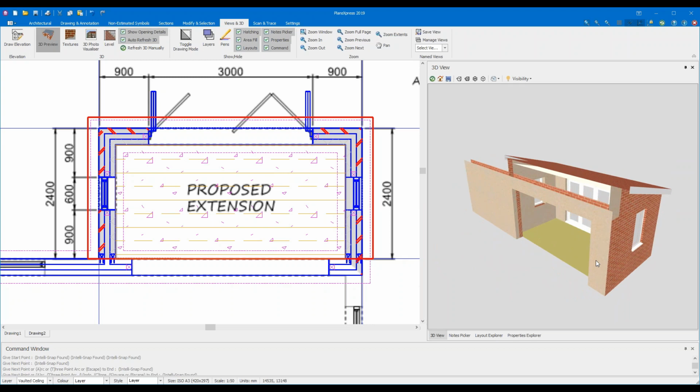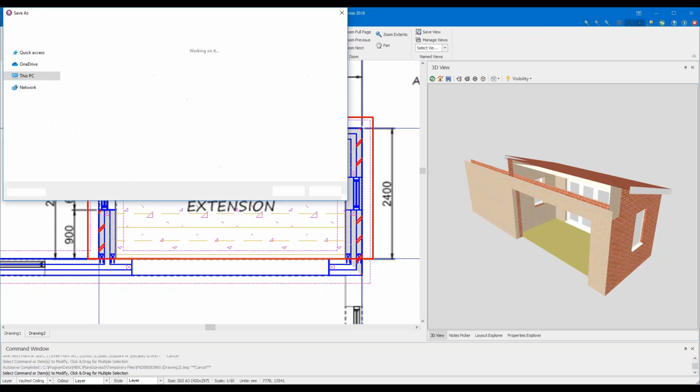So what we're going to do before we finish off today is save our drawing. We've been a bit naughty really, probably should have saved a bit earlier after all this work. At the top of your screen on the left there is a save icon, which is like a floppy disk, if you can remember those. So if you click the save button